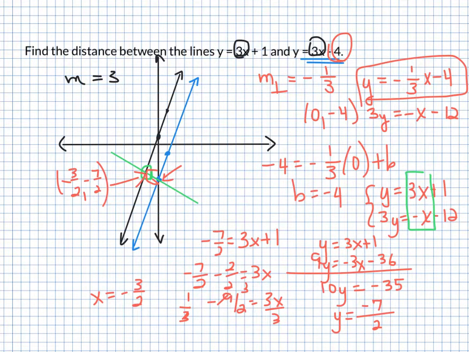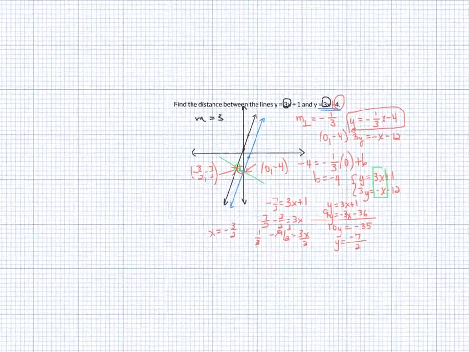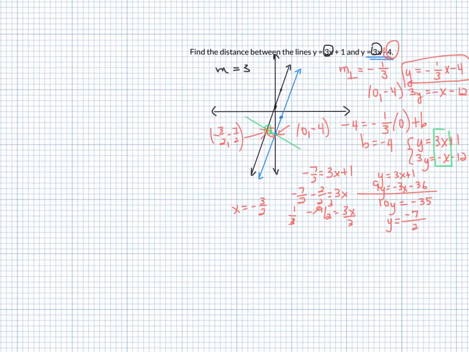So the last step is to find the distance between that point of intersection and that point. And I know that the coordinates of that were 0, -4. So we're going to write that down, 0, -4. And I'm about to make my screen a little smaller so that we can go ahead and find the distance. So then the distance is equal to the square root of negative 3 halves minus 0 squared plus